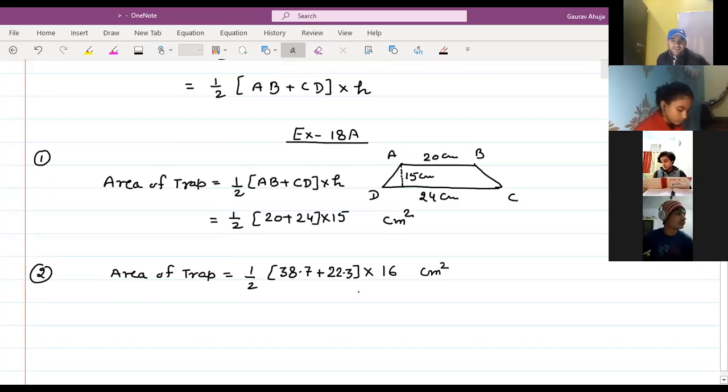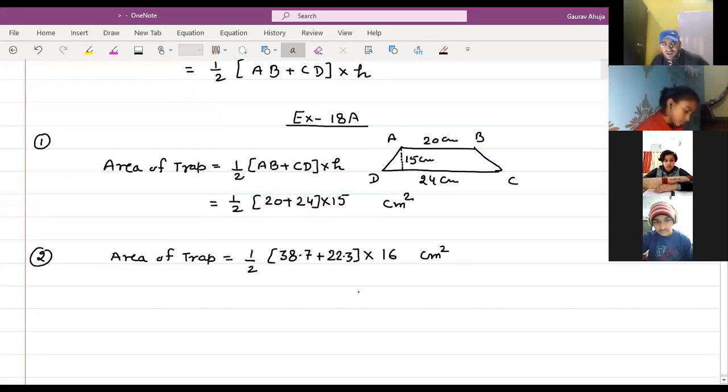Some students miss the unit. They never write it, they just write the answer like 333. No, there is no unit. If you are in school, it may happen the teacher will skip that part and give full marks. But in the board examination, half a mark will be deducted. It can be cut in school too, so the unit is a compulsory part. You have to write the unit, and don't write centimeter, because we are finding area. So the area will be in centimeter square, because all units are in centimeter. Now try the third question.